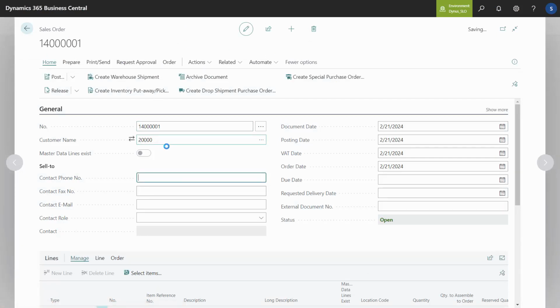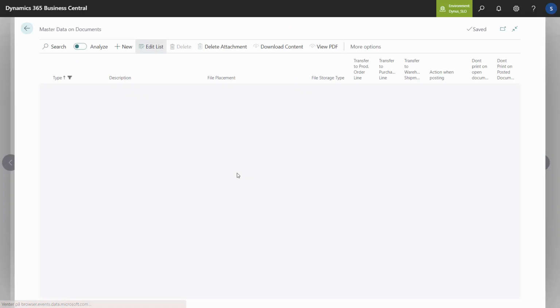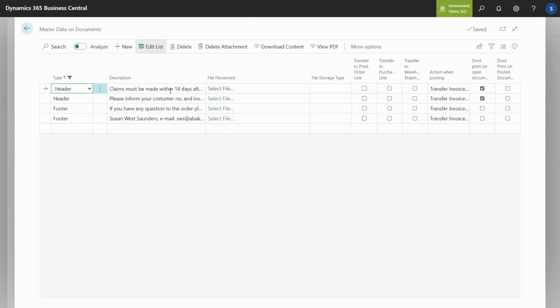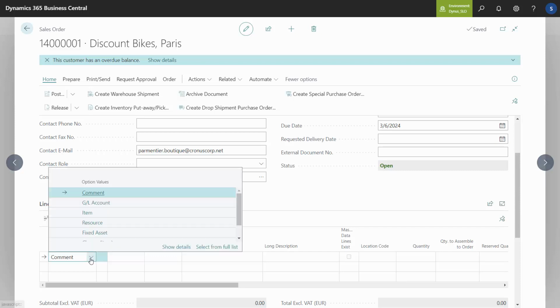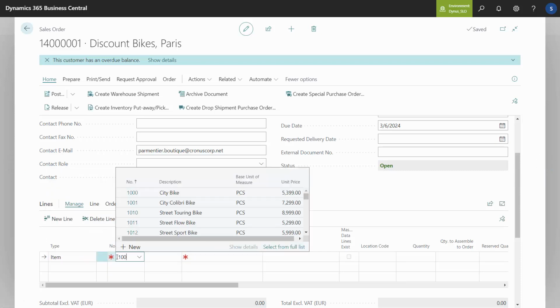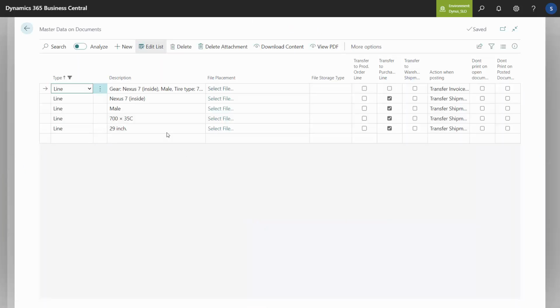So once I'm entering my customer name, it automatically creates master data information for this sales order header somewhere up here. Master data information. So transfer information from the customer number directly to my sales order, and I could do changes in here. Likewise on my sales lines, if I'm adding here an item number, the item number we talked about, when it inserts the line in here, it also creates master data information on the line like this. And according to the setup, it will transfer this information over here.